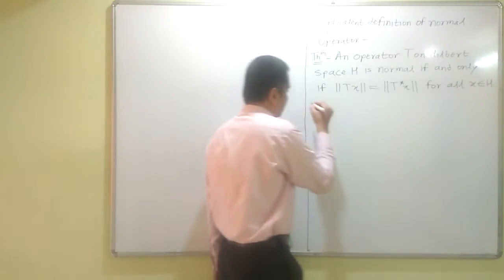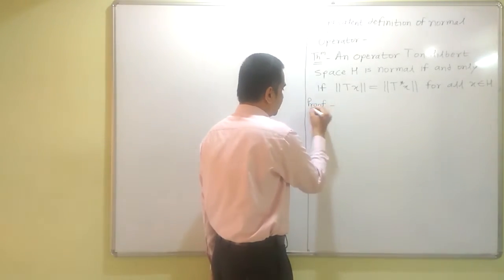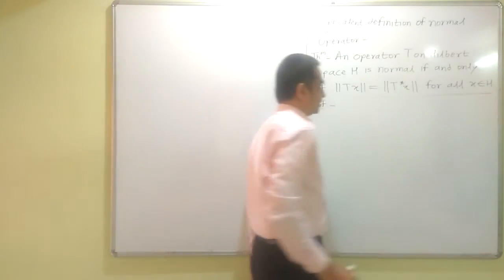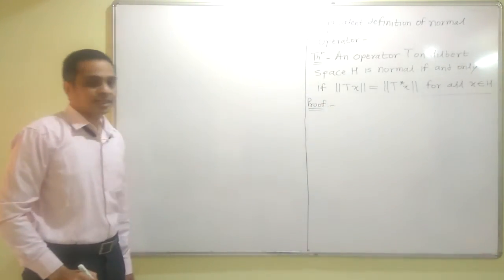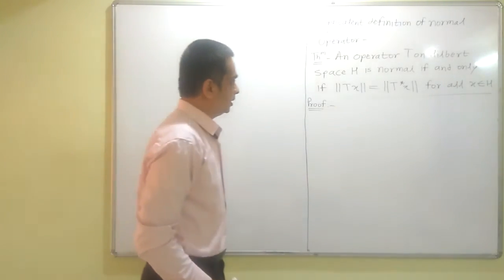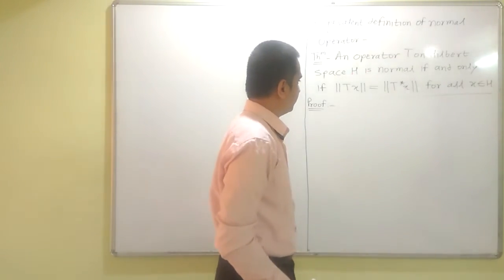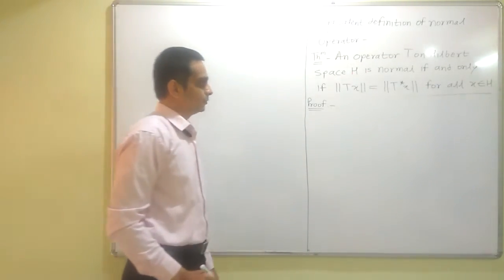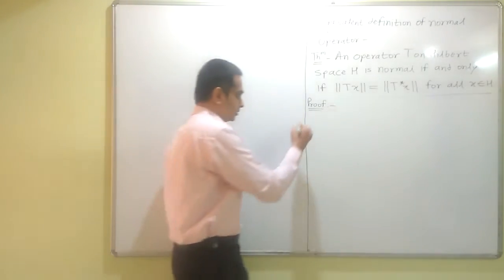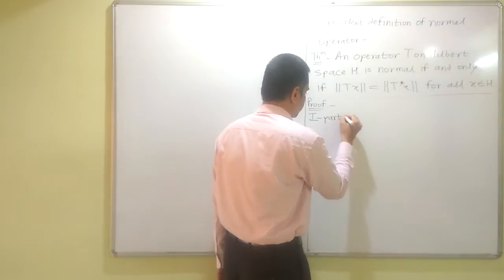So, this is an equivalent definition for normal operator. Operator T is normal if and only if this condition gets satisfied. So, we can take this as definition of normal operator. This is a biconditional statement and we have to prove either way. So, let us divide the proof in two parts. First part of the proof is